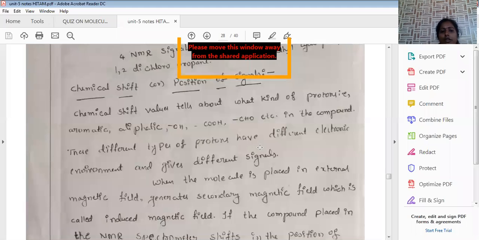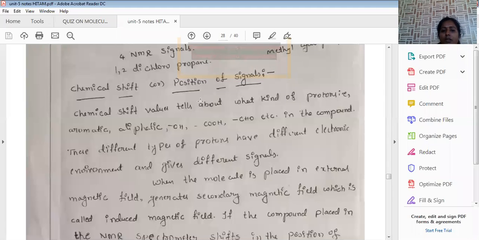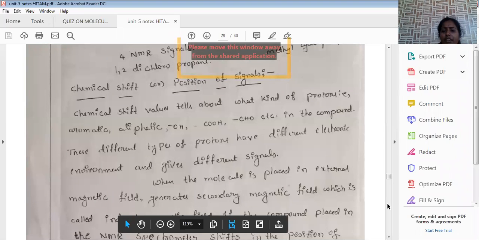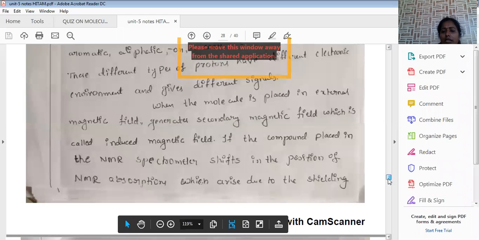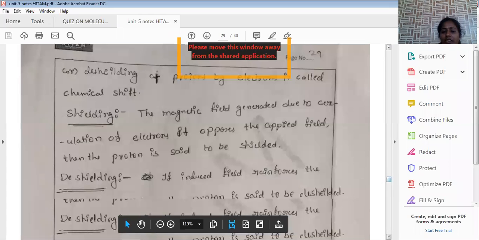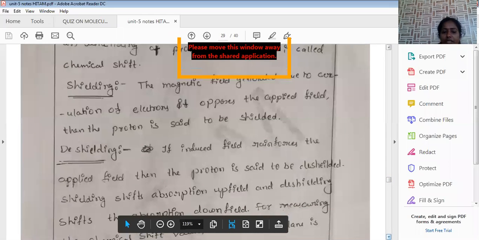active in this molecule. Now, the important principle of NMR spectroscopy, the most probable question, a 90% probable essay type question from NMR spectroscopy, is chemical shift and position of signals. Okay, it is the most important question from spectroscopy and its applications. I'll show that graph so that you can understand how we get the signals and everything.